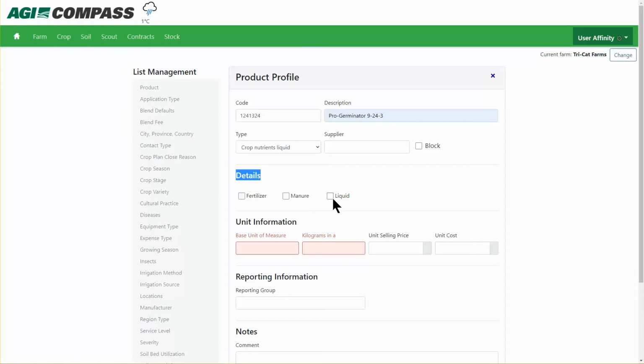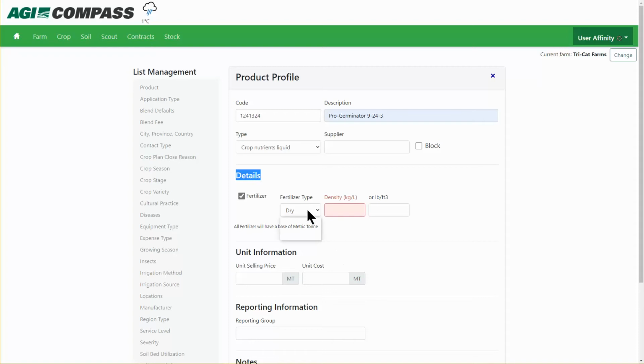Is it a liquid? No. Well, yes, it is. Is it a manure? No, but it is 100% a fertilizer. So now we're going to select, is it dry, liquid, or ammonia? In this case, it is a liquid fertilizer. And then we either need to have the density kilograms to liters, which will automatically fill in the pounds per cubic foot, or know the pounds per cubic foot, and it'll backfill the density kilograms to liters. We know this one is 65 pounds per cubic foot, or